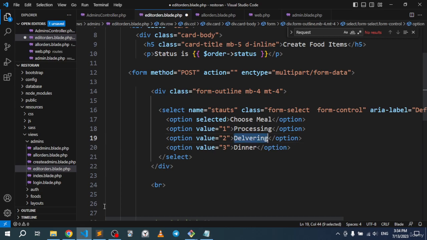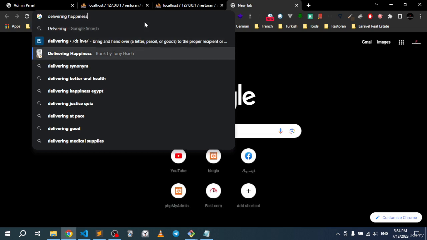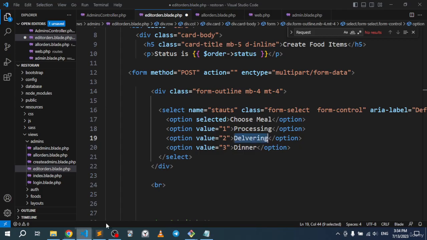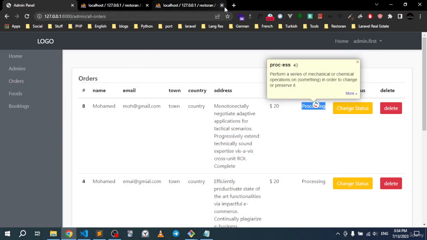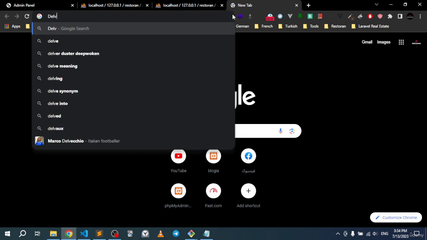Let's copy this. Let's go right there and paste. All right, so I want to just grab the right word to avoid any mistakes. Let's paste it like that. So this will be delivering and this will be delivered. So if I go right there and if I go deliver it